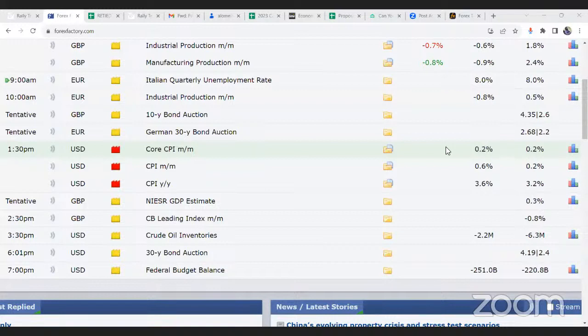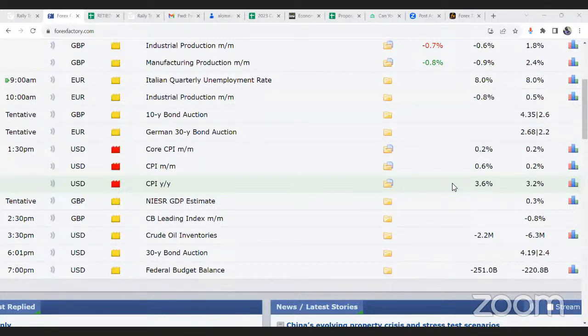But if core CPI comes out higher than 0.2%, say 0.3%, or if CPI comes out higher than 0.6%, or the yearly figure higher than 3.6%, the dollar is going to be very strong. And when this 1:30 data comes out higher than expected,